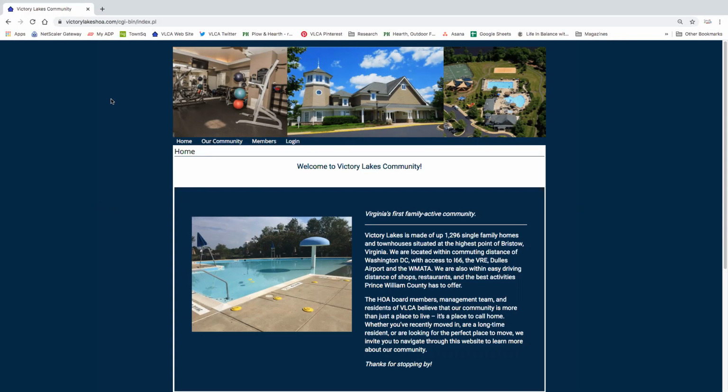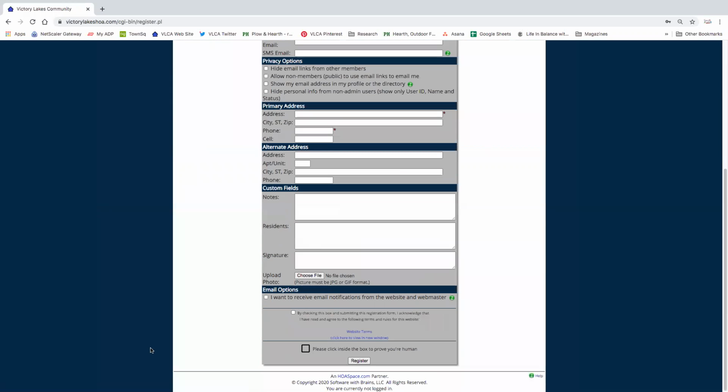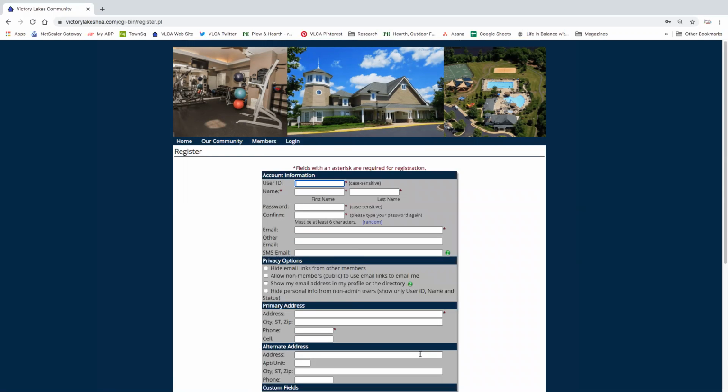For those wanting to create an account, you'll go to the Members tab and you'll click on Register. Okay, and you see the fields with an asterisk that indicates required information. So once you fill all that out and you submit it, you hit Register. You won't get instant access because I have to approve your account first, but once I do that, you'll be able to sign in. To sign in, you need to go to the login page